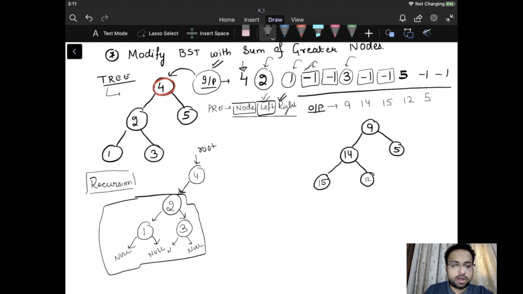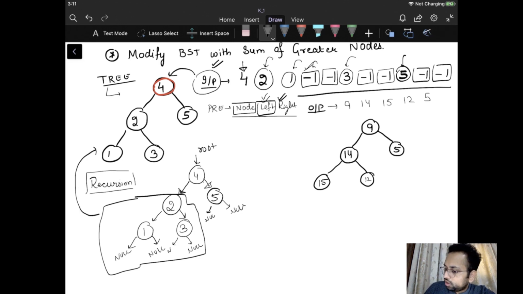There's no node now which is remaining. We have created left and right child of every node in the left subtree. Now we'll go towards the right side of this particular tree. Right side of this tree is equal to 5. So we will attach the node 5 at this point. Then we have -1, then we have -1 again. So this is going to be null and this is also going to be null. So you can see we have this particular tree using this code that we have just wrote.